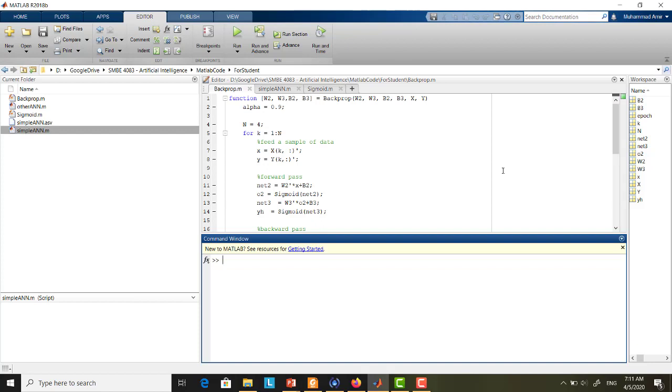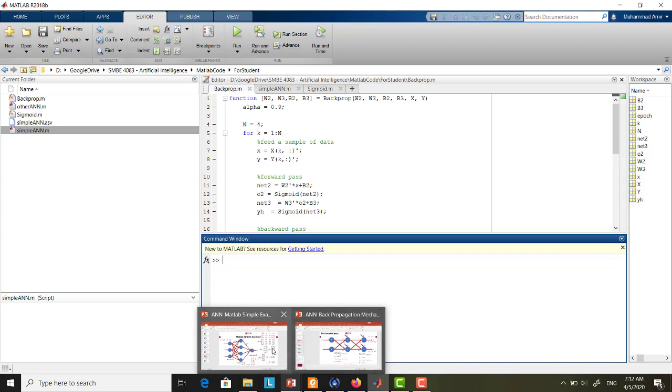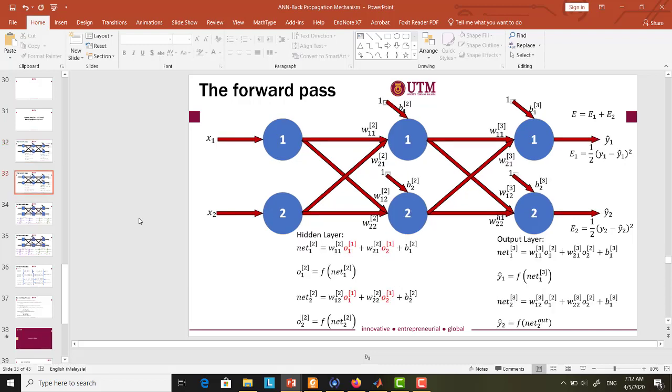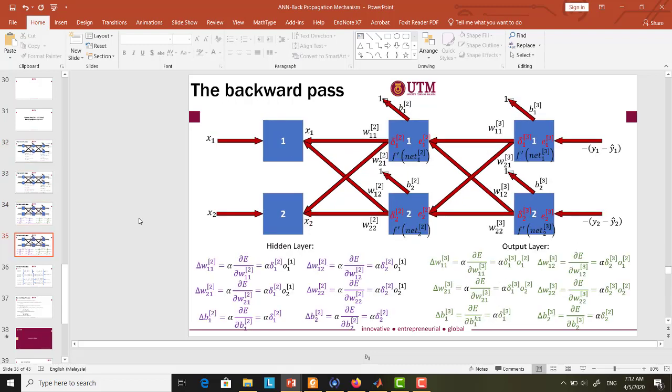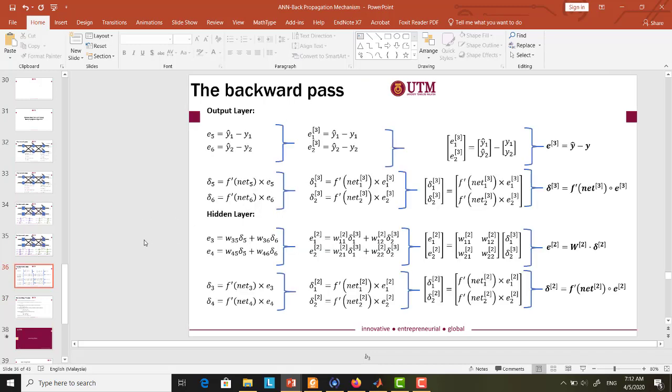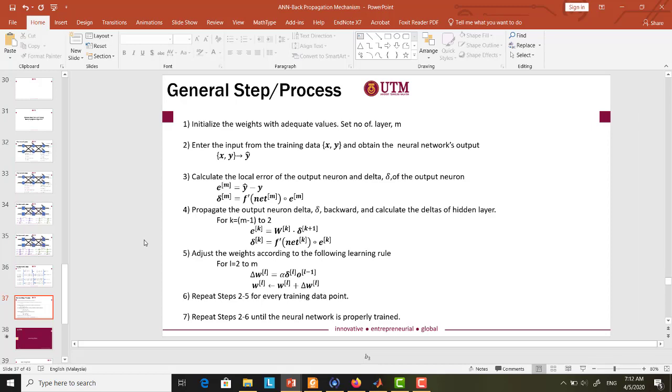Okay, in our next lecture we will discuss how to build the neural network code from scratch. We try to build the artificial neural network code from scratch. Before I explain this code, let me go back to the slide where we have the general algorithm that we want to implement in Matlab. Yep, this one. As you can see here, before we start building this code, we try to